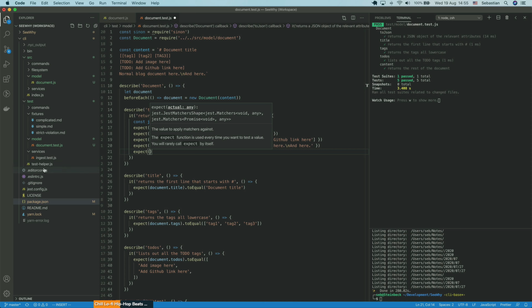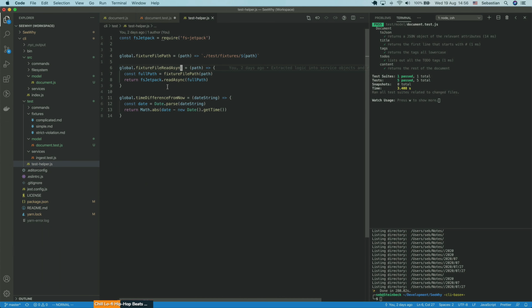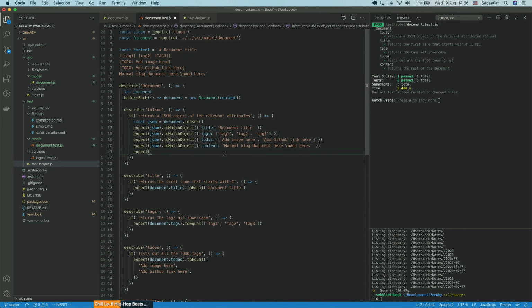So we got this test helper file, right? And we can say the time difference from now of the JSON.date to be